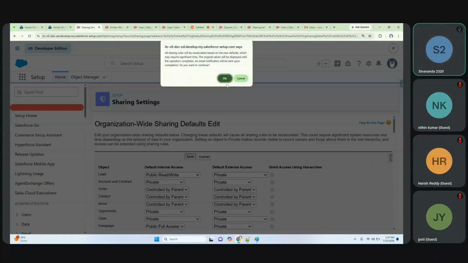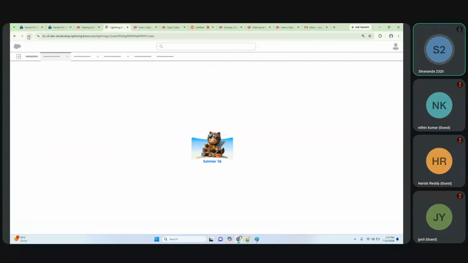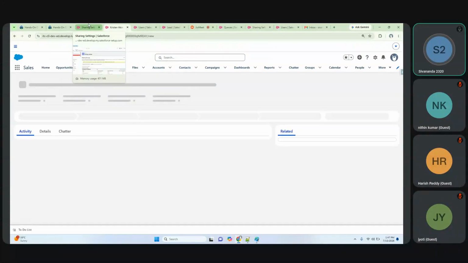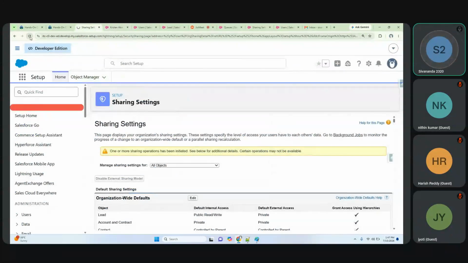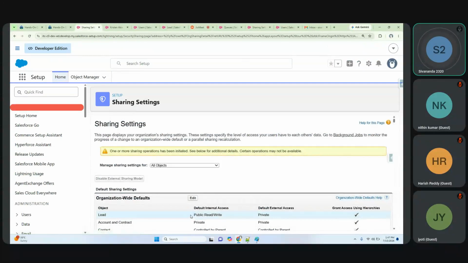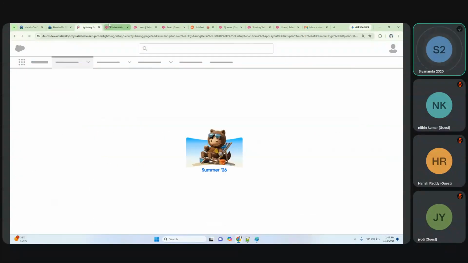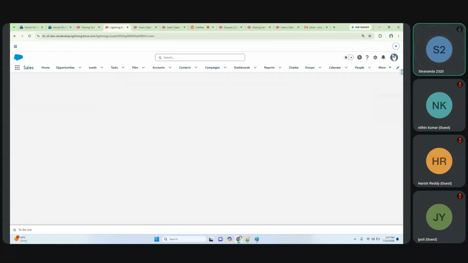Any user, not only Gautam, any user who has the minimum read and edit permission will be able to see all the lead records, irrespective of whether he is the owner of the record or not, because we have given the public read write option. Clear? Now let me come back here and do a hard refresh and check